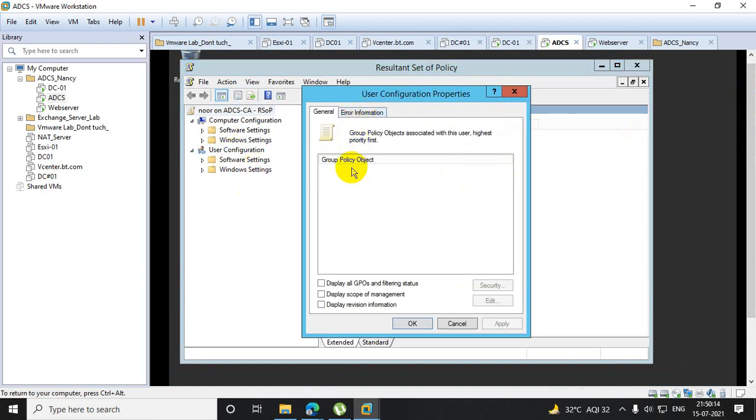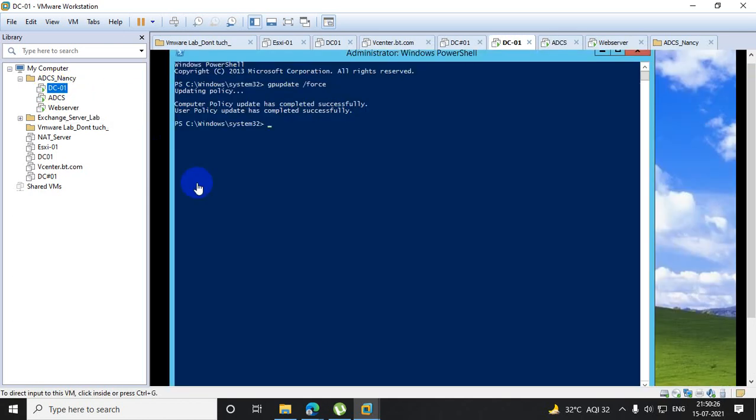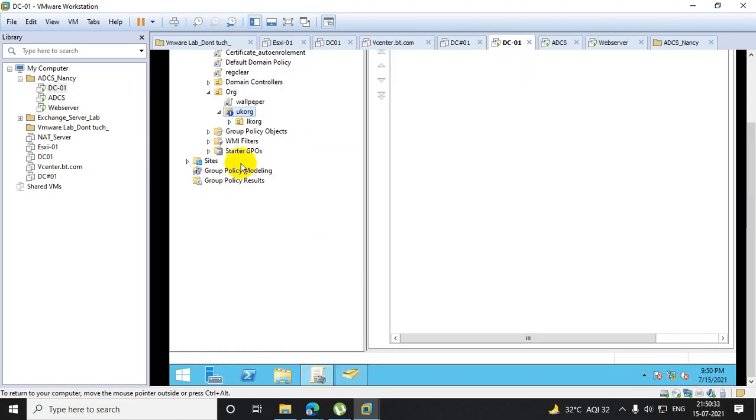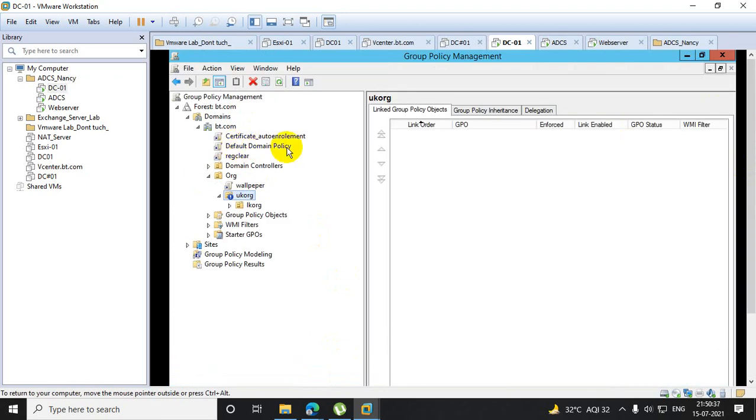See, there are no policies applying. Normally policies are applying. We have many policies in there, but this particular OU is actually inheriting. But just understand the scenario: I need to block only this wallpaper policy, but not the domain policy or the registry policy.